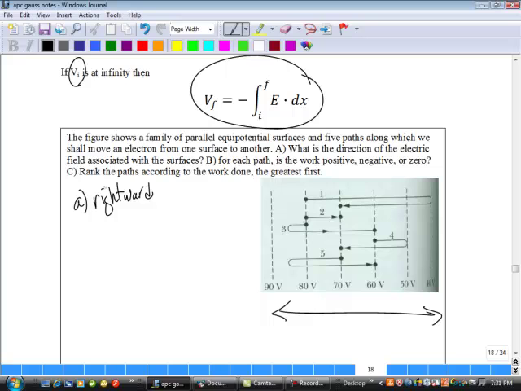Okay, now here comes the hard part. For each path, is the work positive, negative, or zero? You're going to get confused with the signs. I'm going to get confused with the signs, so walk me through this, make sure I see this. So in path 1, my initial state is 80. My final state is 70 volts. And so my change in volts, which is going to be 70 minus 80,